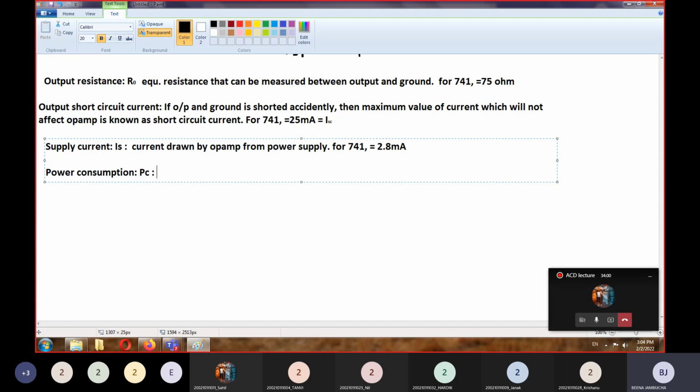If you remember, the quiescent point of the op amp is the operating point at which your op amp is working, with a particular value of voltage and current. The power related to that output voltage and output current is known as the power consumption of the op amp. So we will define it as